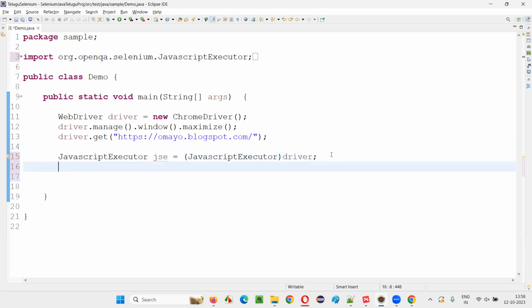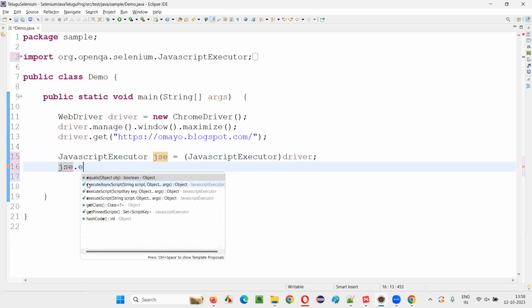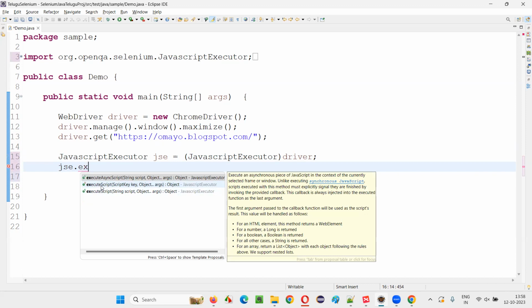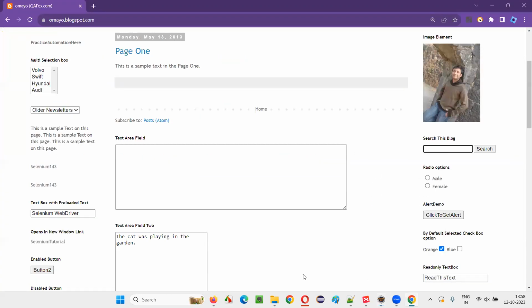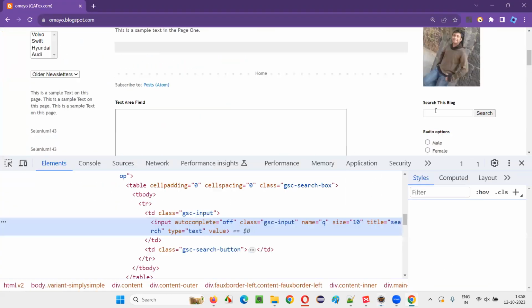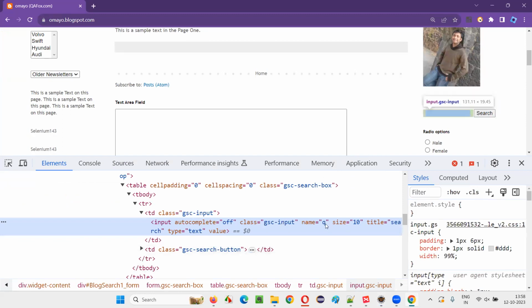Now using this object reference, jse dot executeScript. There's a command known as executeScript. Here we have to provide an argument, and here we need to write the JavaScript code in double quotes. And here we need to specify the element. For example, which element I would like to enter the text into. For example, I would like to enter the text for this search box field. Inspect this. Let me create a web element for this. It has a name locator. Copy this and write down